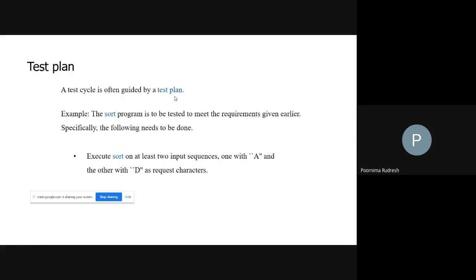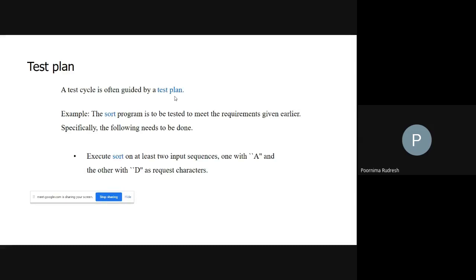The test cycle is guided by the test plan, and the test plan indicates a series of steps to be followed in performing the testing process. Understood? So the test plan consists of a series of steps to be followed while performing the testing process.